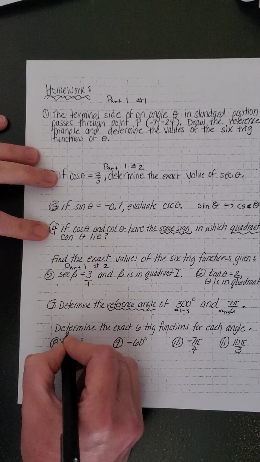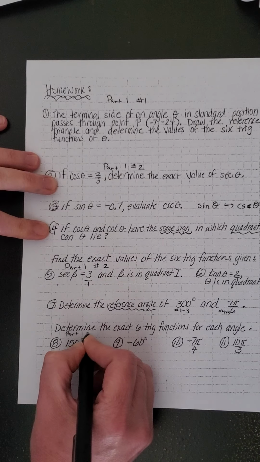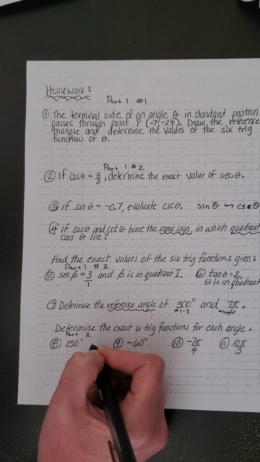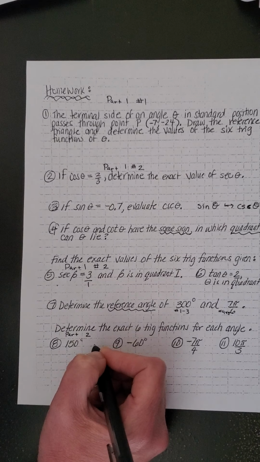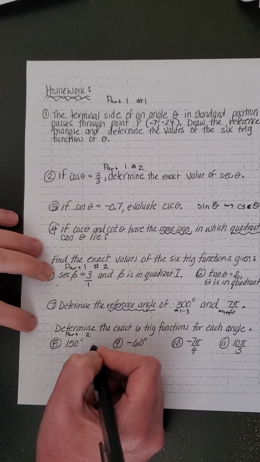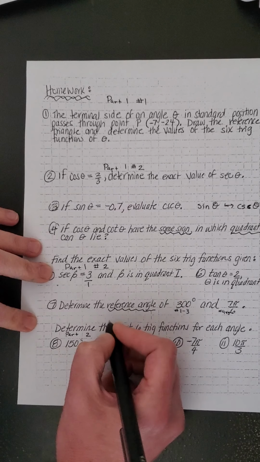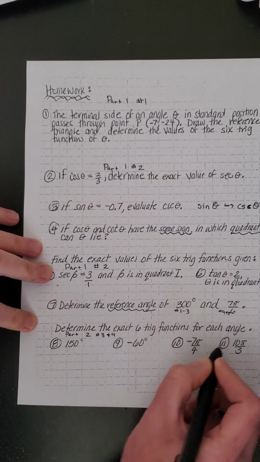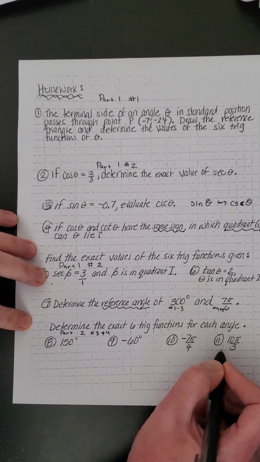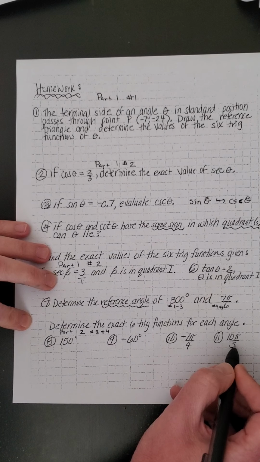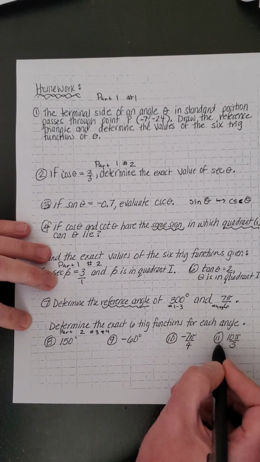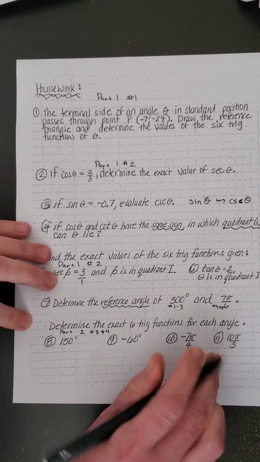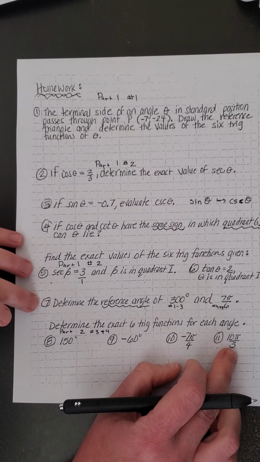So this is like part 2, number 3 and number 4. Only this one, you have to find the reference angle for this. So you're going to combine number 7, what you're doing on number